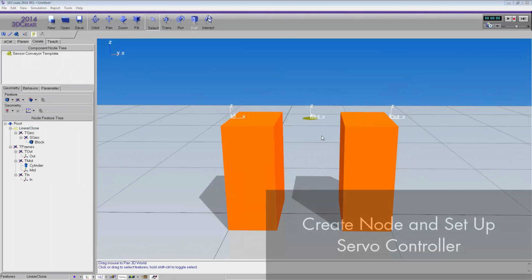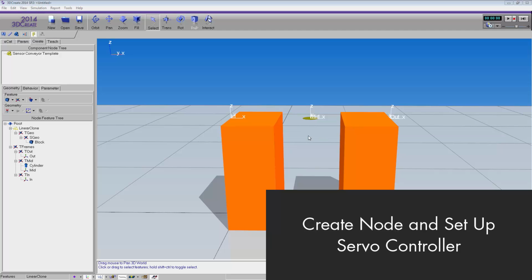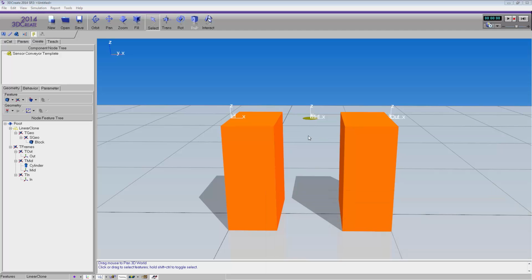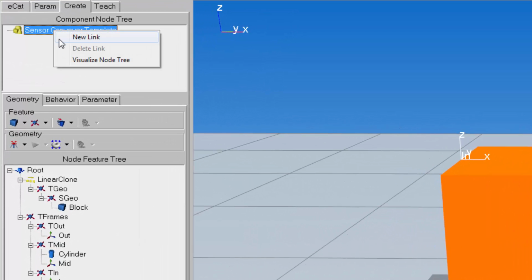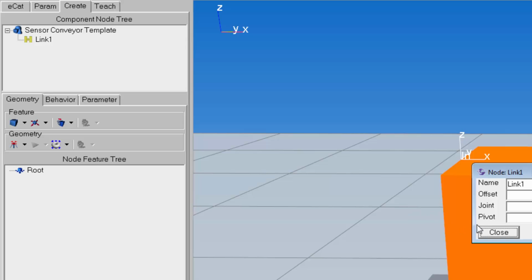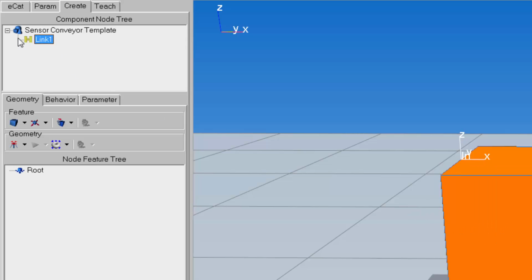I can now create a platform in between these 2 block features and a servo controller to move the platform up and down to stack products. Now I only need to move part of the component, so I need to create a new node. I'll go here to the component node tree, right-click the root node, and then click New Link. So you can see here, link 1 has been added to the component as a child node,